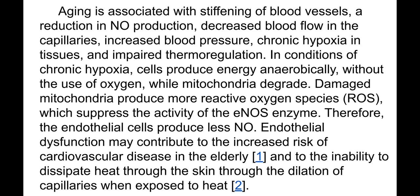And endothelium dysfunction may contribute to the increased risk of cardiovascular disease in the elderly and to the inability to dissipate heat through the skin through the dilation of capillaries when exposed to heat. You can download the presentation, click on the references, and you will get to the source. So you see that, as always, I emphasize that the core, the root cause of the aging is